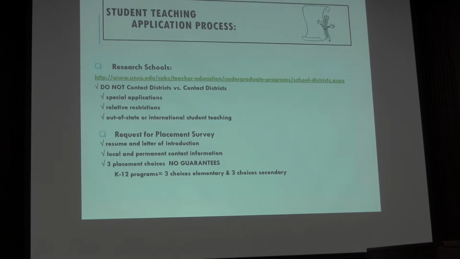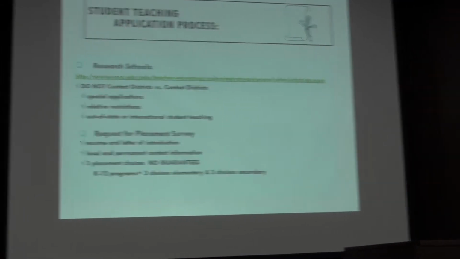A lot of districts in the immediate area here around Greeley are considered no contact districts. That includes Greeley District 6, St. Vrain, Thompson, Hooter. I think that's the only ones right now in the immediate area. That means you are not allowed, nor am I, nor is your professor, nor is your current practicum supervisor, allowed to speak to anyone in the schools or the district about a student teaching placement for you. If they find out, they will deny your request and you will not get placed in that district at all,